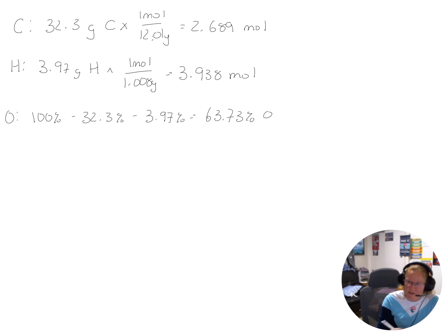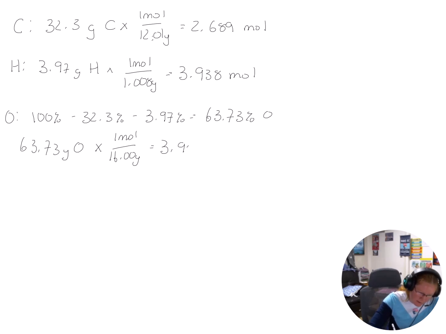Okay, percent composition out of 100 grams makes that 63.73 grams of oxygen, times 1 mole over 16 grams, which gives me 3.983 moles of oxygen. All right, so I get carbon 2.689, hydrogen,